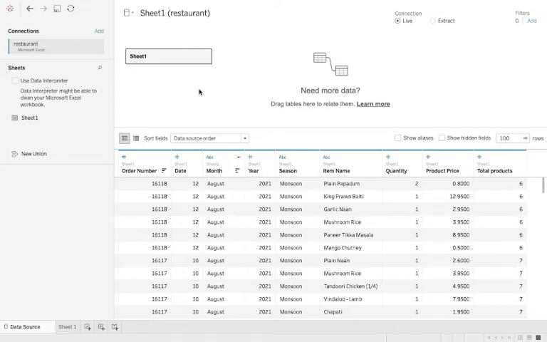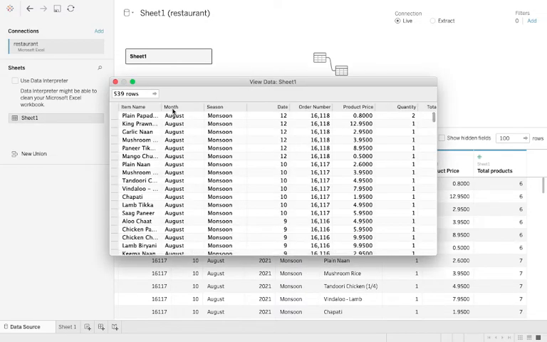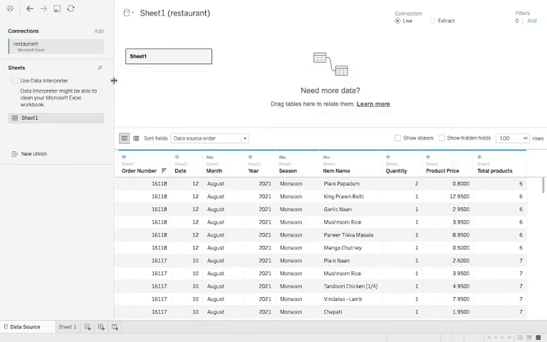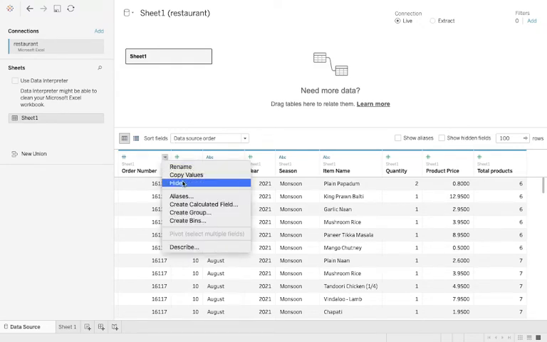So this was about viewing the tables. You can even view your table from here, although it will be shown directly under this tab. You can see the entire rows from here as well. Then one more thing that I want to show you is this hide part. So if you want to hide a particular column, you can easily do that.